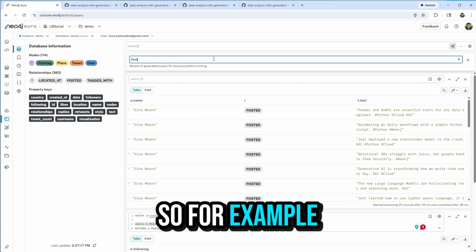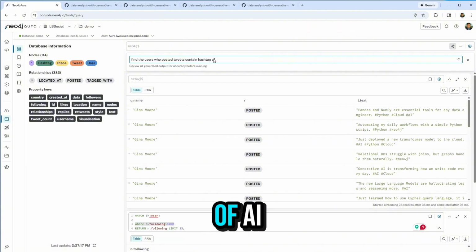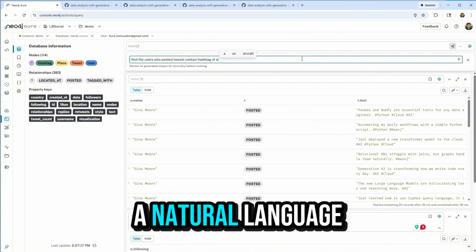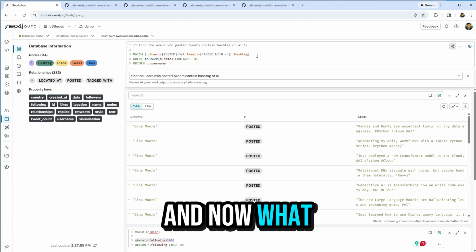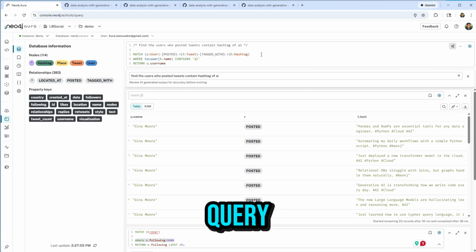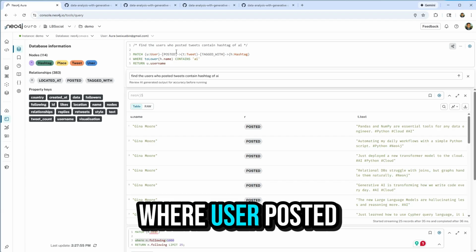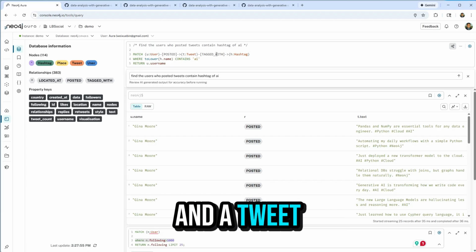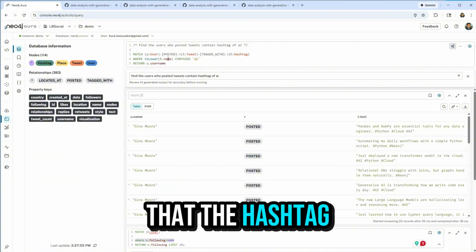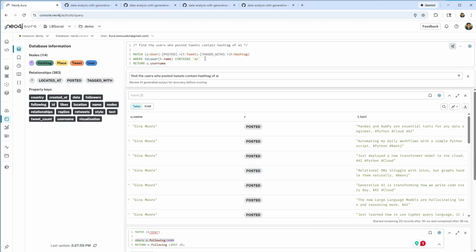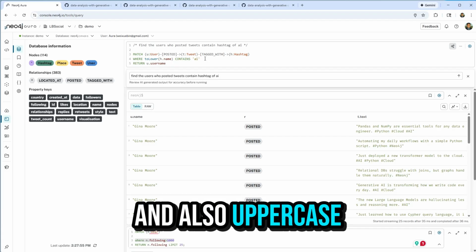So for example, find the users who posted tweets that contain the hashtag of AI. Okay, so that's natural language, and we send out this prompt to AI. And now what we have is the Cypher query. Here we can see we're going to use this relationship where user posted a tweet and the tweet is tagged with a hashtag. And the where clause is that the hashtag name contains AI, and just to make sure that it includes both lowercase and uppercase AI,